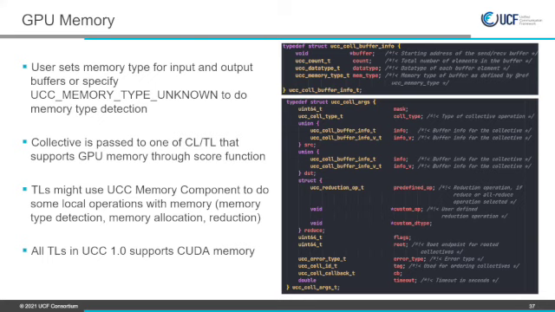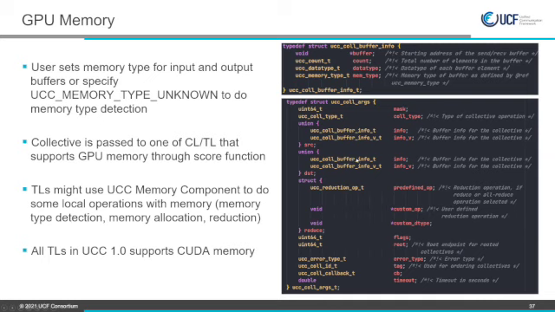GPU memory support is a well-known topic, and it is implemented in many libraries and frameworks. For example, UCX has supported it for a long time already. So in UCC, we have a way to let users specify the memory type of the input or output buffer by setting the corresponding field in the collective buffer info.